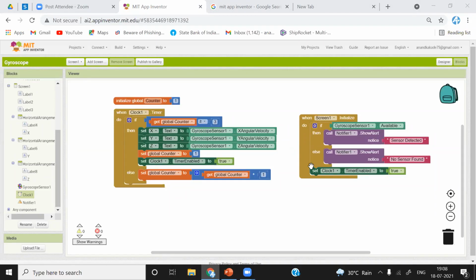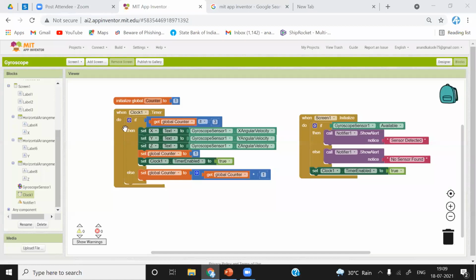Any other questions? As far as I know, there is no predefined delay in this MIT App Inventor platform.